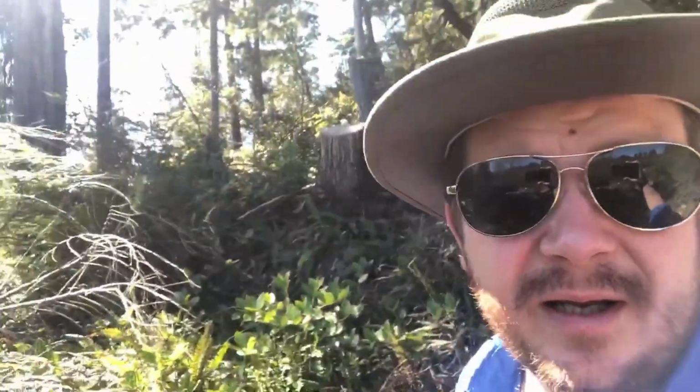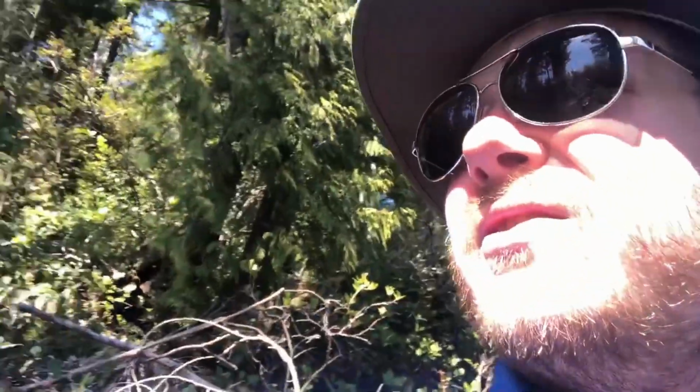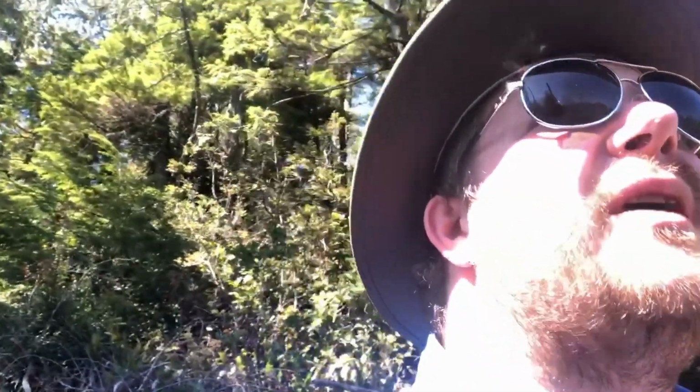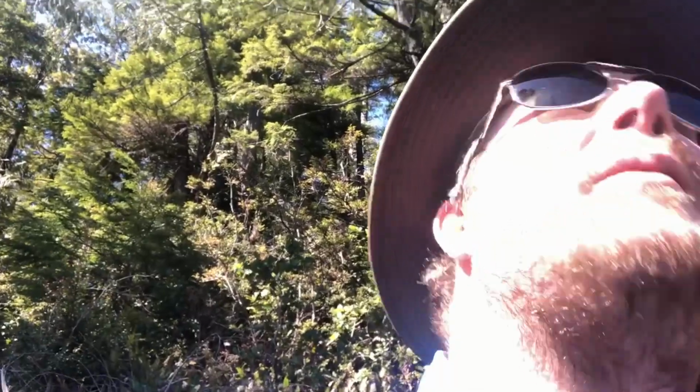but I thought I would look up here. There's a kind of washout that I thought I would follow up, but it doesn't. It just stops and it's just rainforest. So yeah, he's upset. There must be a nest or something up here, maybe. So I'm gonna try a different area, keep looking, but so far